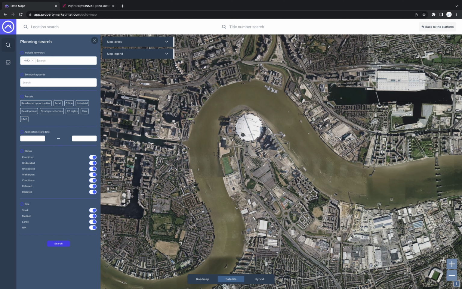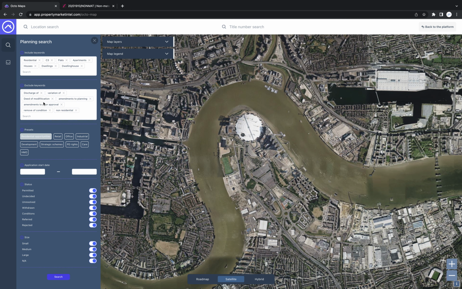So you can also do a multi-word search. For example, let's see, I'll just put test multiple words, and you can see that's added that phrase to the search. If you want to then delete a search or a word or a phrase from the search, you just press the X, like so. And then to use our presets, you can just select a preset like this, and you'll